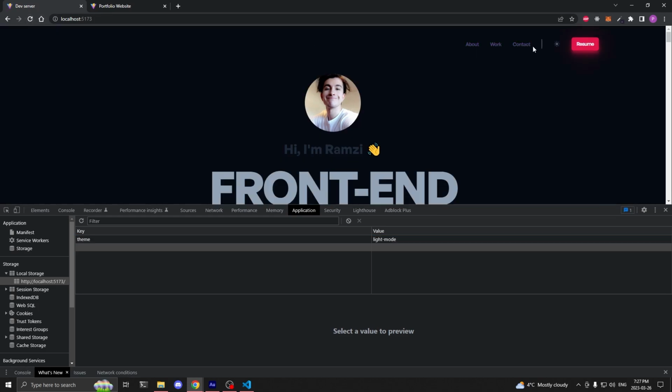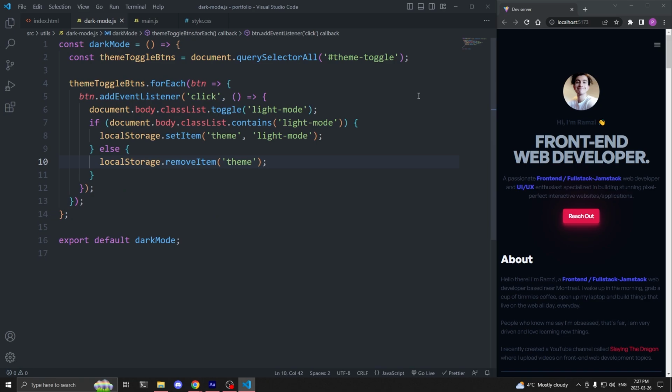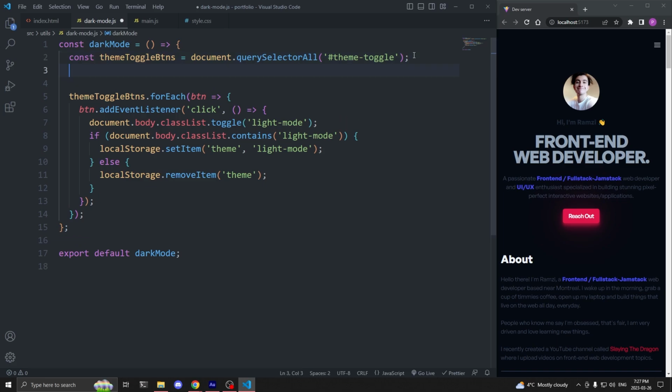adding the class of light-mode to the body element when we click on the sun button. We need to give the body element the class of light-mode, not just when we click on the sun button, but also when the page is first loaded. We also only want this to happen if inside our local storage, we have the key value pair of theme, light-mode. So to do this, in our code, under the theme toggle buttons variable, I'll create a new const